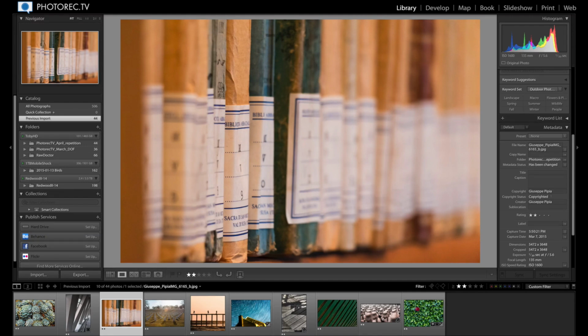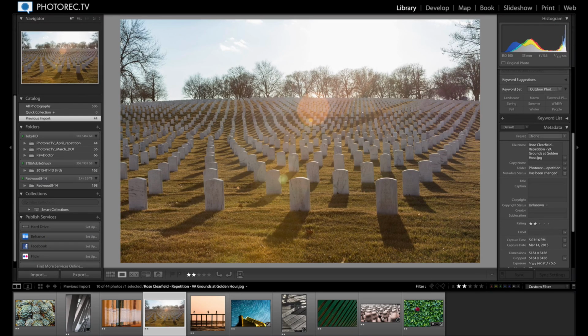Thank you. Okay. Next. This is by Rose, and it is Virginia grounds at Golden Hour. I think it's the Veterans Cemetery there outside of D.C. Yeah, that's what it says. Okay. I've been there. My grandfather on my mom's side is actually buried there, and so I've taken pictures there as well. And it is a very solemn place, but also quite a good place to take repetition images because